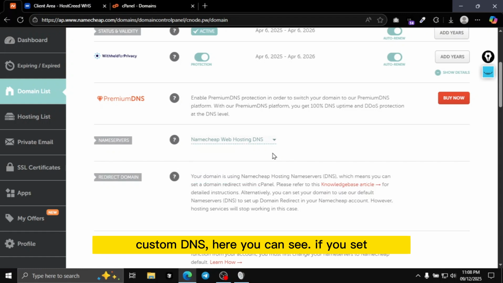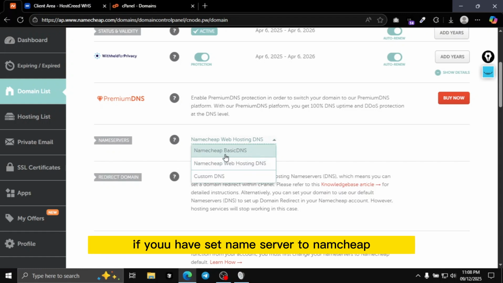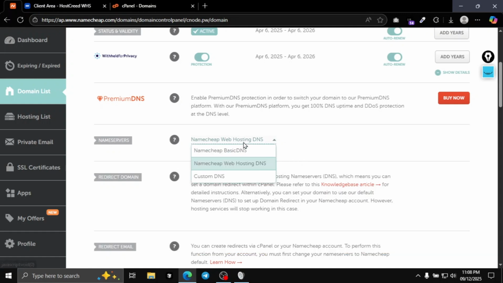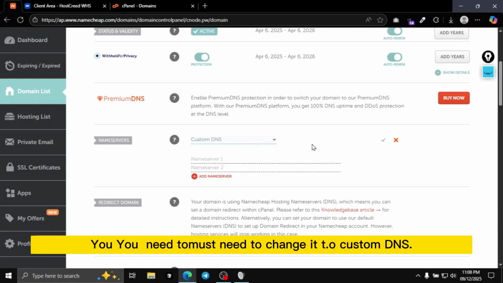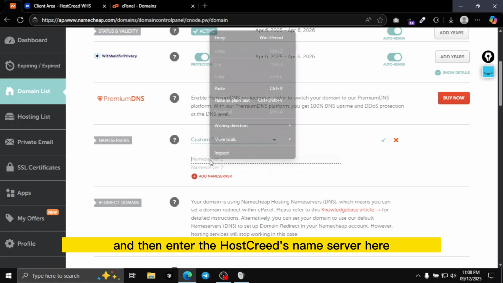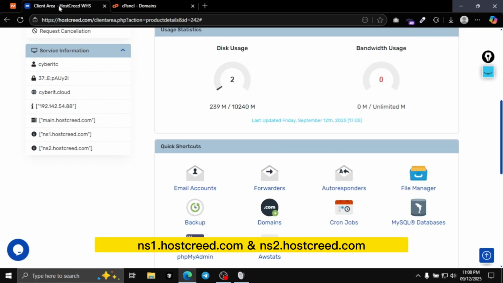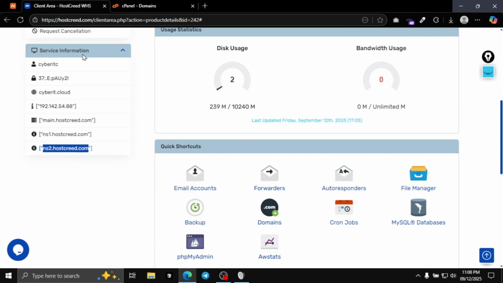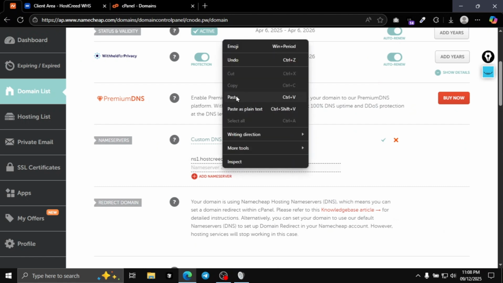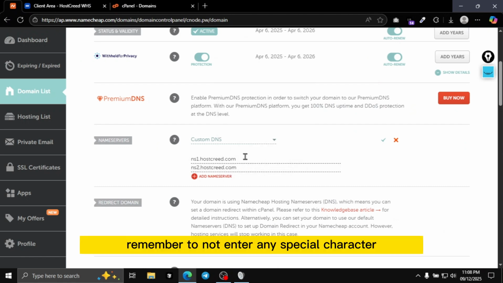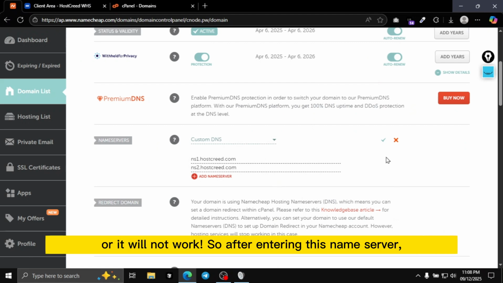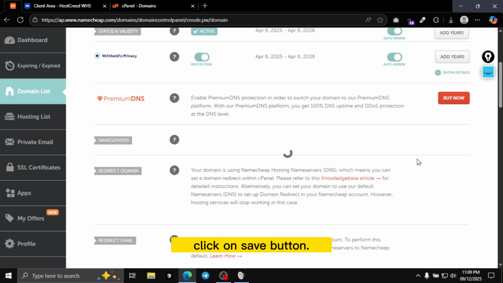Here you can see, if you have set the name server to Namecheap basic DNS or Namecheap web hosting DNS, you must change it to custom DNS and then enter the HostCreed name servers here, ns1.hostcreed.com and ns2.hostcreed.com. Remember to not enter any special character or it will not work. So after entering these name servers, click on the save button,